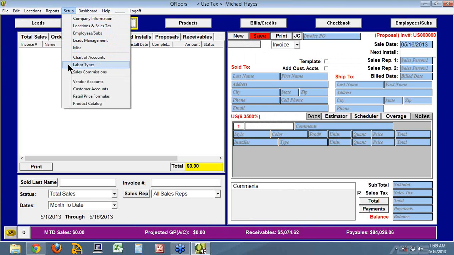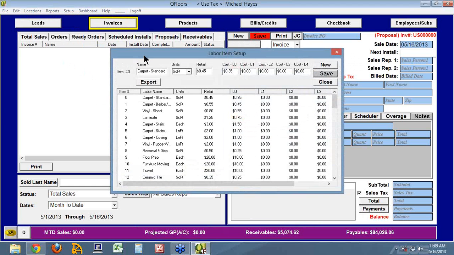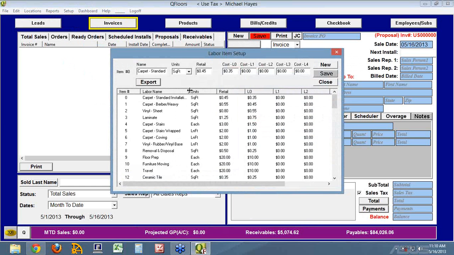Labor types, this is a very important one to have set up before you start using the software to create invoices. Our recommendation is you think these through on paper first, list them out. What do we want to call it when we print an invoice? What do we want that to show on screen? And what price unit we sell it by, the foot or the yard or the piece, and retail price and cost,